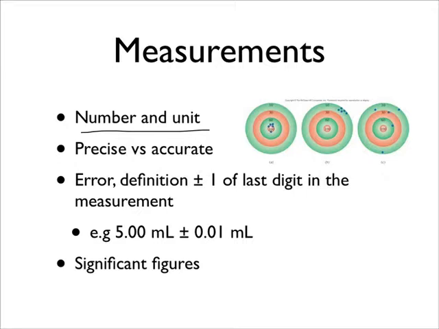Precision refers to how close a group of measurements are to one another. And accuracy, or how accurate a measurement is, refers to how close it is to what the true value of whatever's being measured is. So, we oftentimes use this dartboard